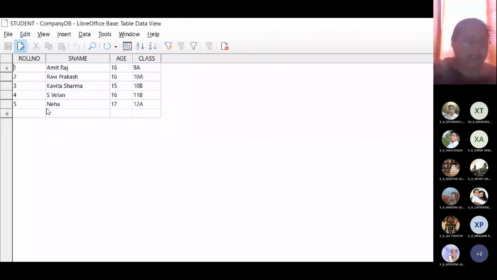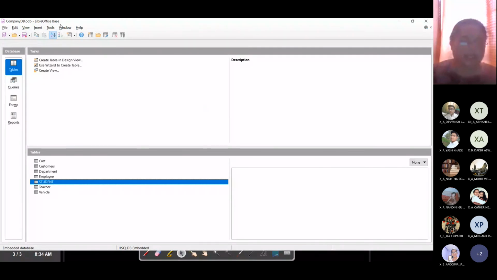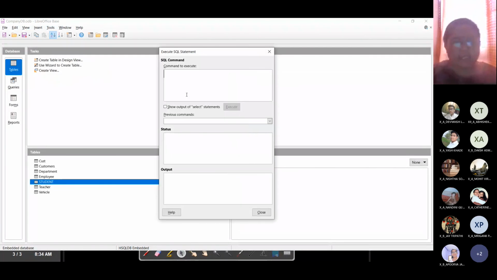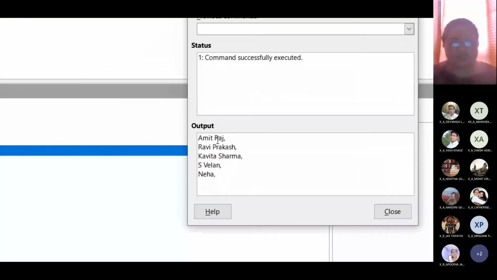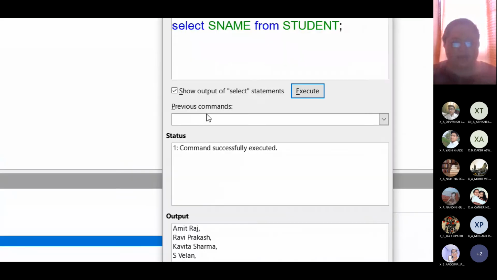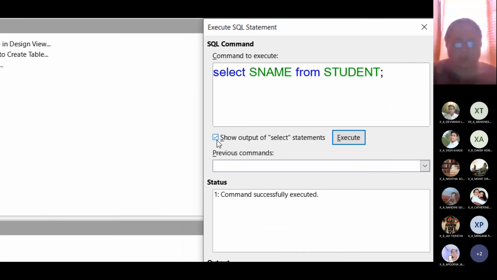Base automatically converts all the table names and the field names into capital letters, and we have to follow that same rule over here. So I'm writing select SNAME in capital from STUDENT, student also in capital. And now again check this box, show output of select statements, execute, and you can see only the names of the students are being displayed. Every time you open the SQL tool, you have to check this box.